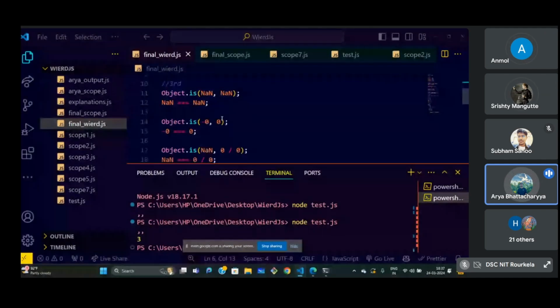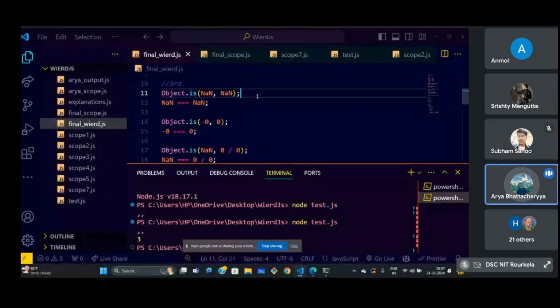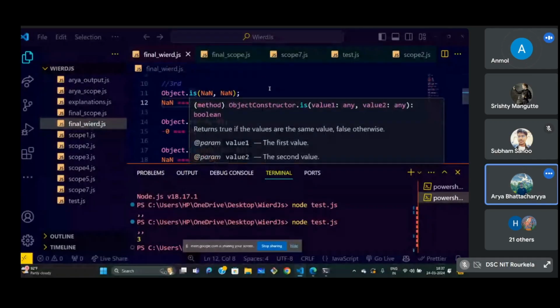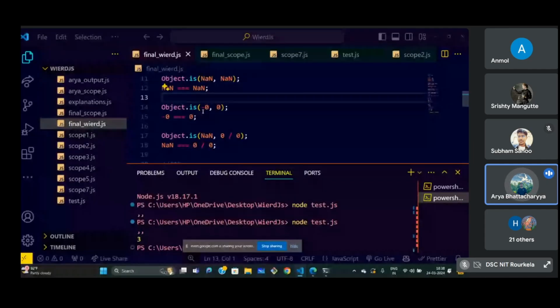Okay, so moving to the next questions. The next concept that we have is the Object.is function. This is a very important function because we are pretty much accustomed to using the triple equal sign, but sometimes we can use Object.is also in several expressions. You have to predict what will be the difference in using a triple equal and Object.is. That is the underlying factor in these questions. Answer these three questions.